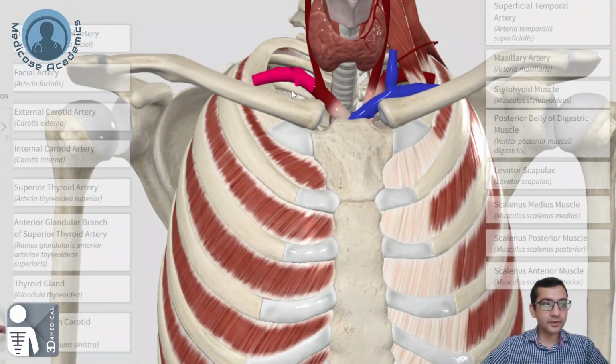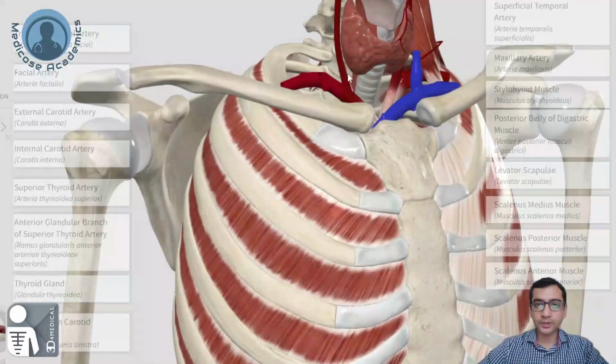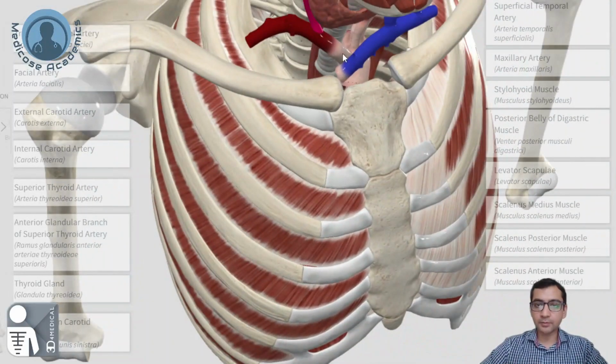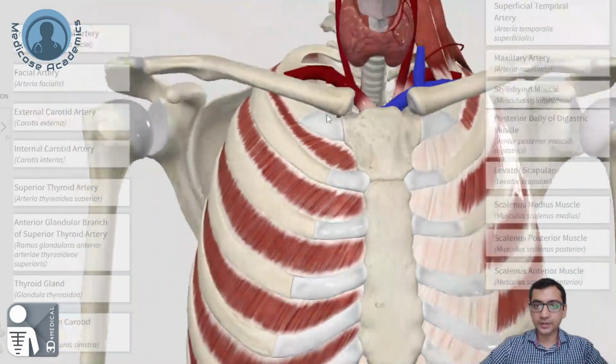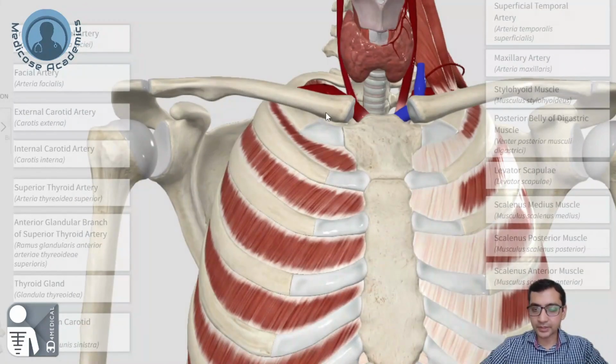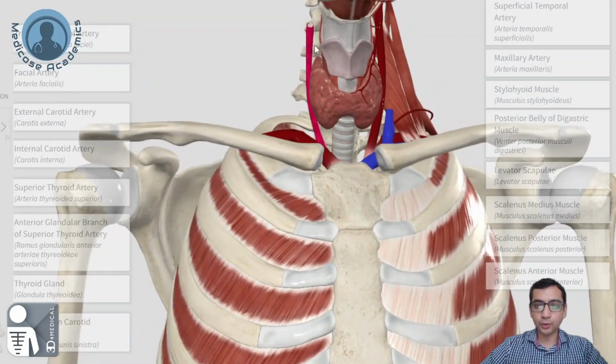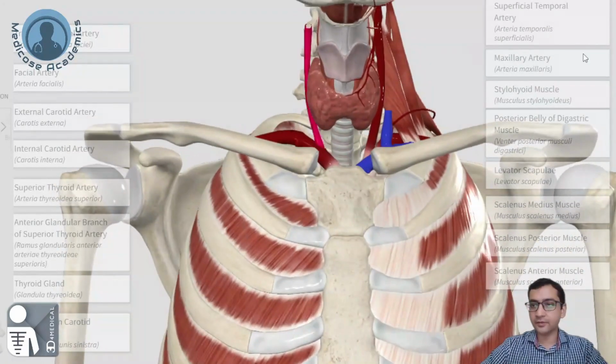It divides into the subclavian artery that is going above the first rib to the upper limb, and this is the common carotid artery. So this is the origin of the common carotid arteries on the right side, origin and termination. The things that you have to remember: it is arising from the brachiocephalic trunk, and it is dividing and ending. There are two points at which it can bifurcate,